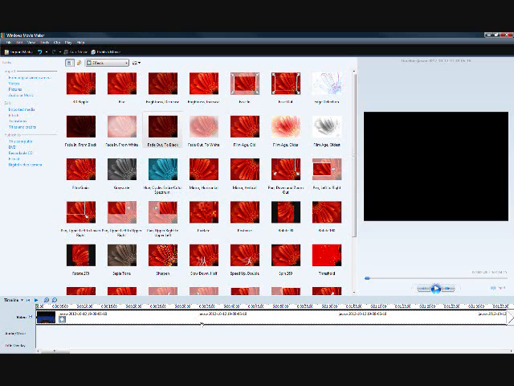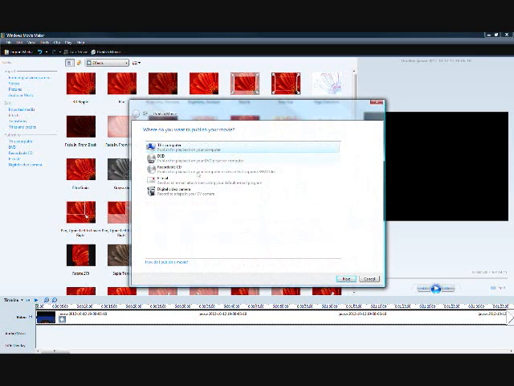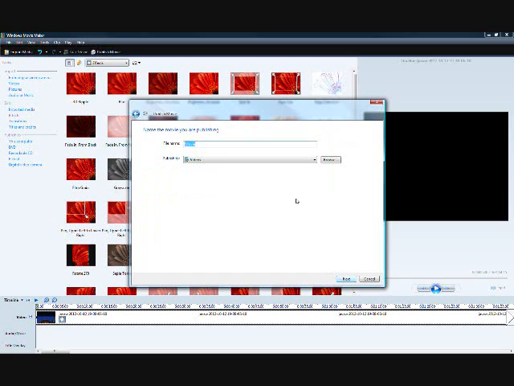And once you're done with the simple editing there, you could go up here and click Publish Movie and choose where you want to save it. So I'll click this computer, and then this will go in my videos folder. I'll save it as Survival Island 17,